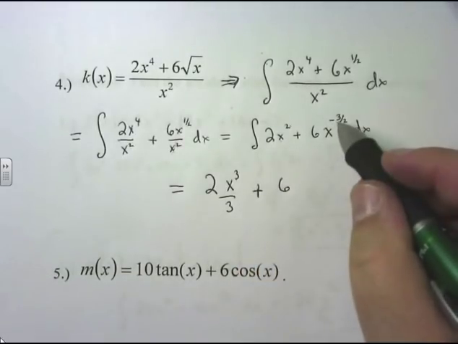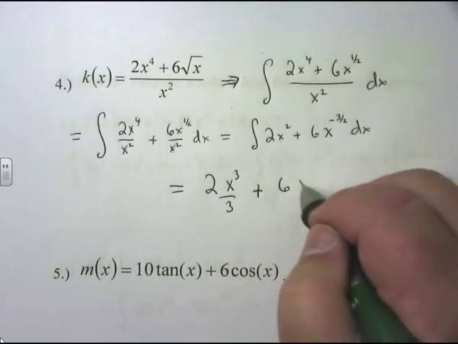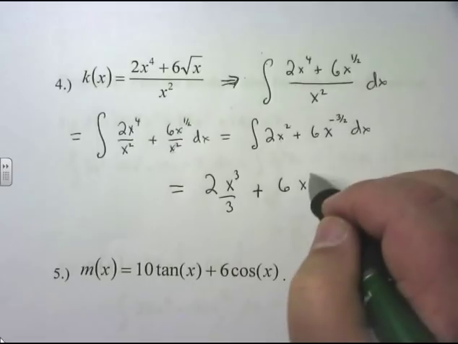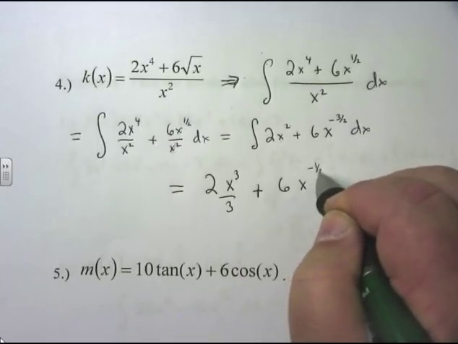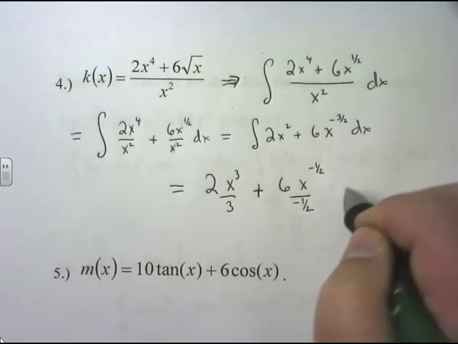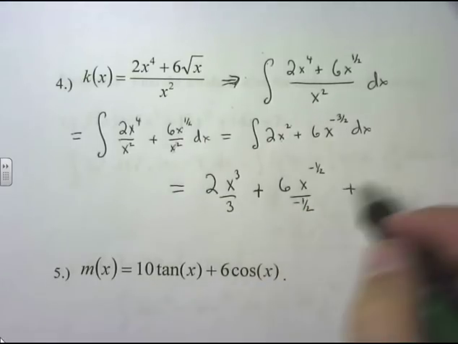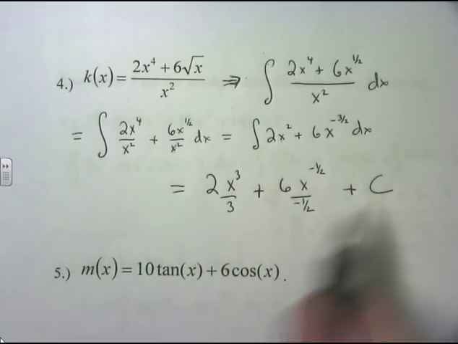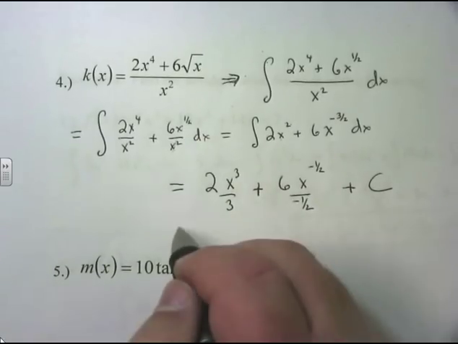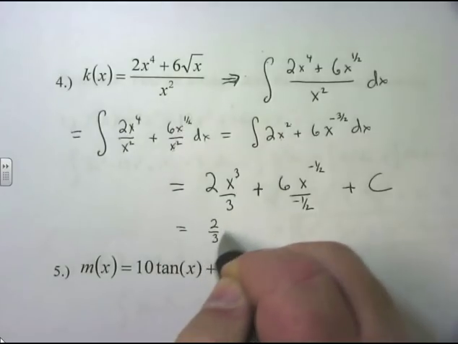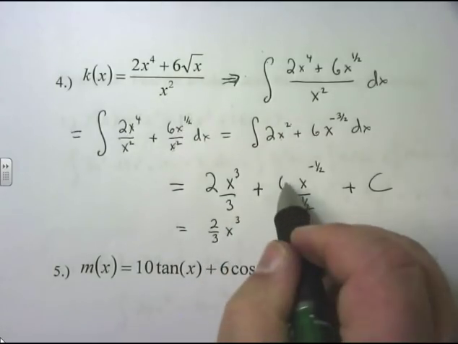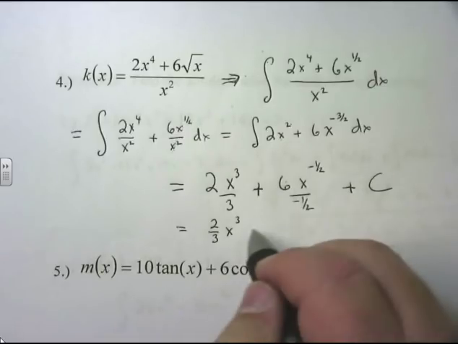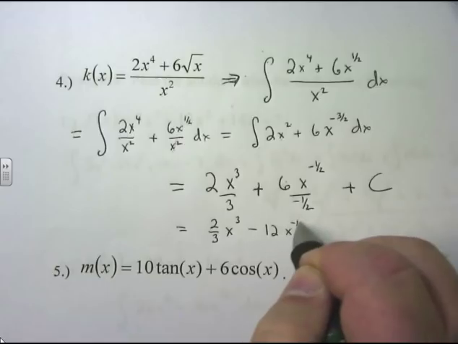Well, x to the negative 3 halves, x to a power, you add 1. Adding 1 to negative 3 halves gives x to the negative 1 half over negative 1 half. And of course, that's 2 terms, so plus a constant here, plus a constant here, one big constant. Of course, you want to clean this up, so your final solution is going to be 2/3 x cubed. 6 divided by negative a half, you invert and multiply, that'll be minus 12x to the negative 1 half